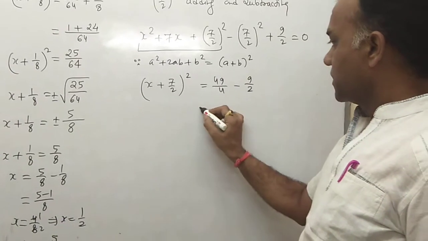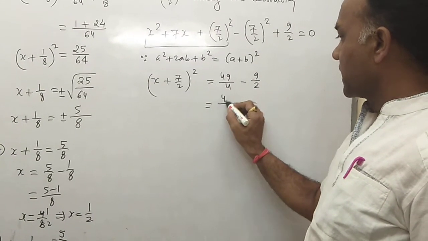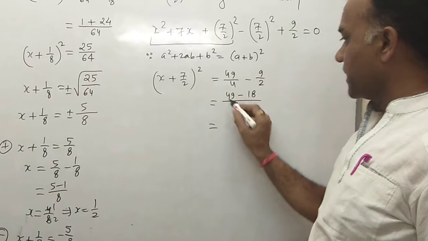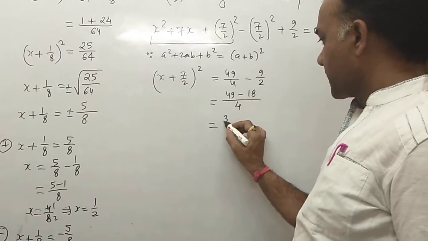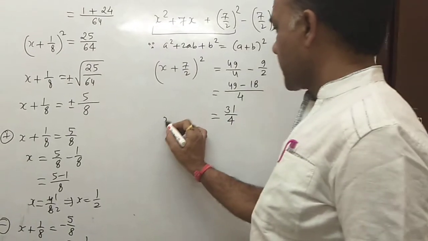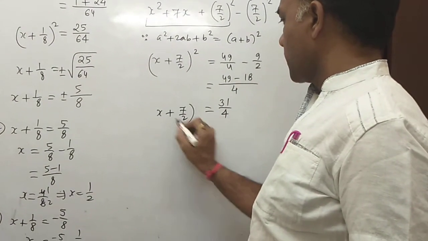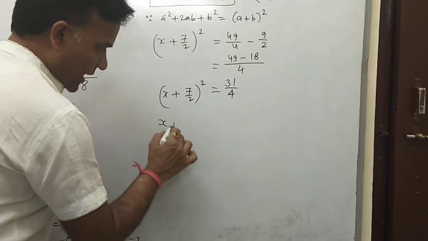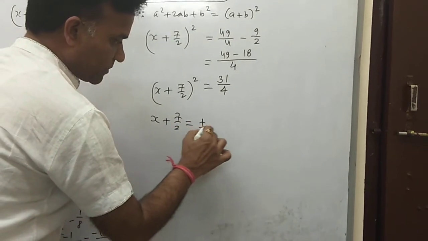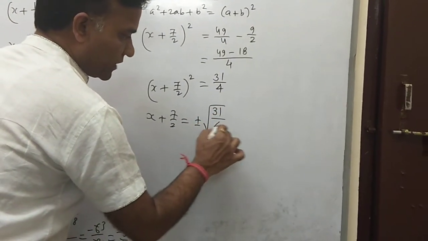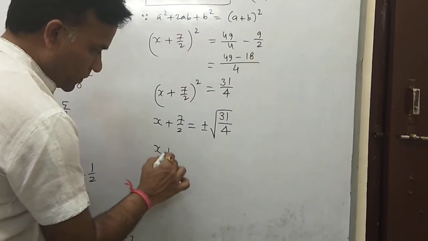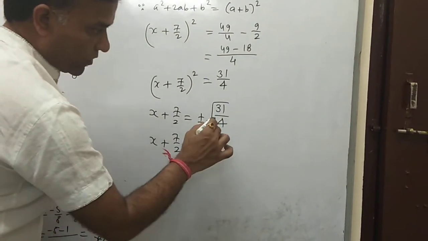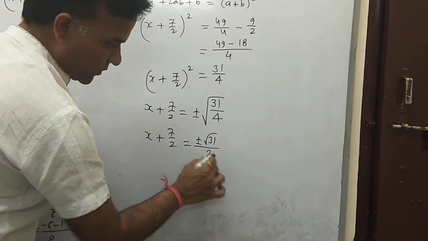minus 9 by 2. After taking the LCM, you have 4 here, 49 minus 2 times 9 is 18. Okay, so what is remaining now? 31, 31 by 4. So x plus 7 by 2 whole square equals 31 by 4, and now you remove this square sign, so x plus 7 by 2 equals plus minus square root of 31 by 4. Okay, so x plus 7 by 2 you put as it is, plus minus root 31, because 31 is not a perfect square and 4 is a perfect square, that is the square of 2, so we write down 2 here,